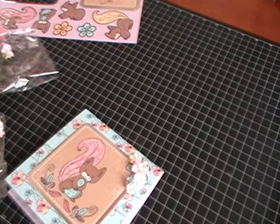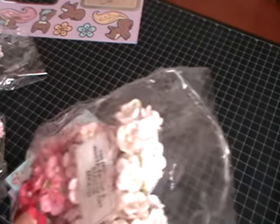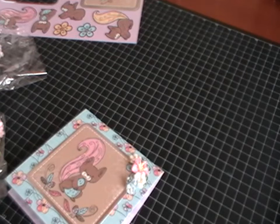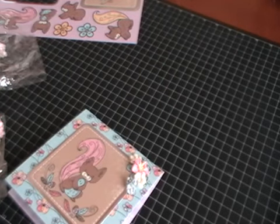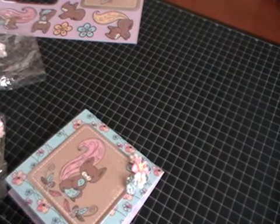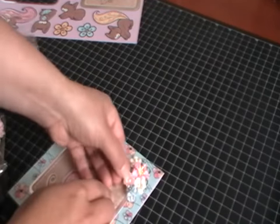And the other flower is probably going to be, I'm just going to go for something pink. So I'll go for another cherry blossom, I'm sorry, a sweetheart blossom from this pack, but this time I'll go for like a pink. Some of these are really nice pretty ones with the yellow centres, and I'll cut out 2 because that's all I'll need. I'm going to do this pretty quickly because I'm going to show you another one to do. I'm going to put that there,